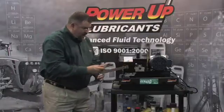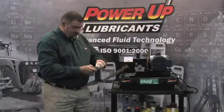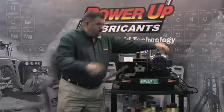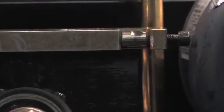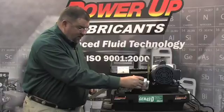We didn't hear any metal-to-metal contact, and I want you to take a look at the wear scar. Just going to wipe it off with a paper towel, and you can see how much we've dramatically reduced this. Now what we're going to do is drop the oil cup and pour the water and antifreeze out,